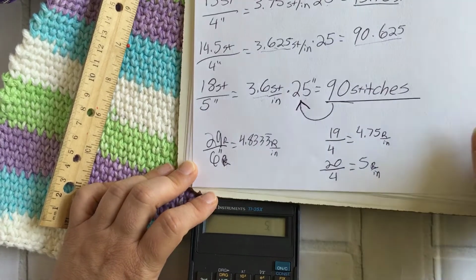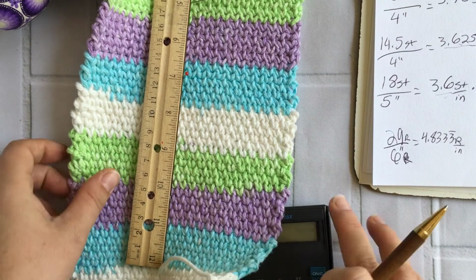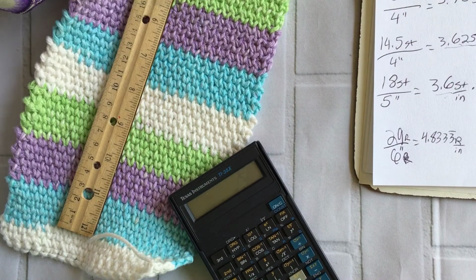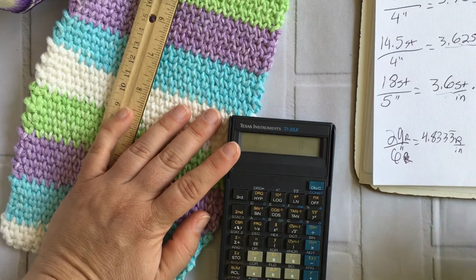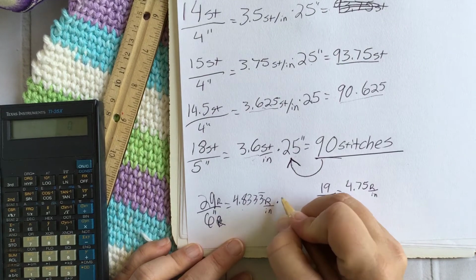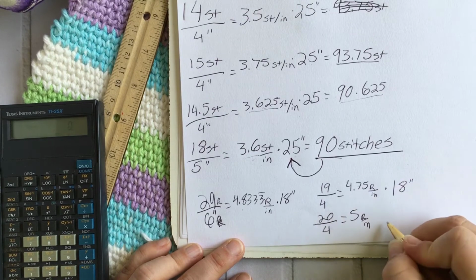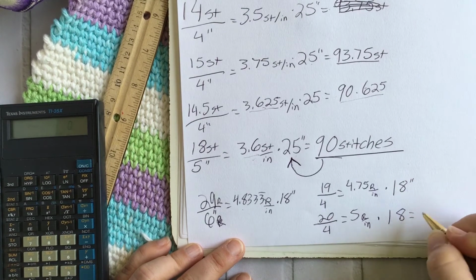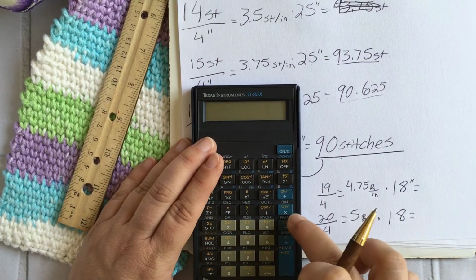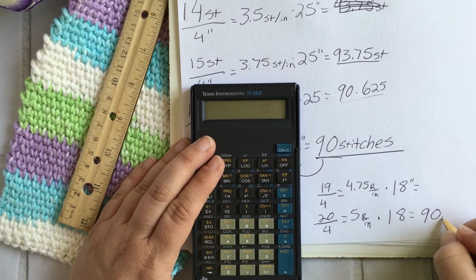And if this was a, let's see, this piece right here is like 12 inches long. If you were doing a sweater or a shirt that was maybe 15 or 18 inches long, then I would take this number times 18 inches of what I want my piece to be. And let's just do these first for fun. So I would be telling you that that particular size, 5 times 18 is 90,